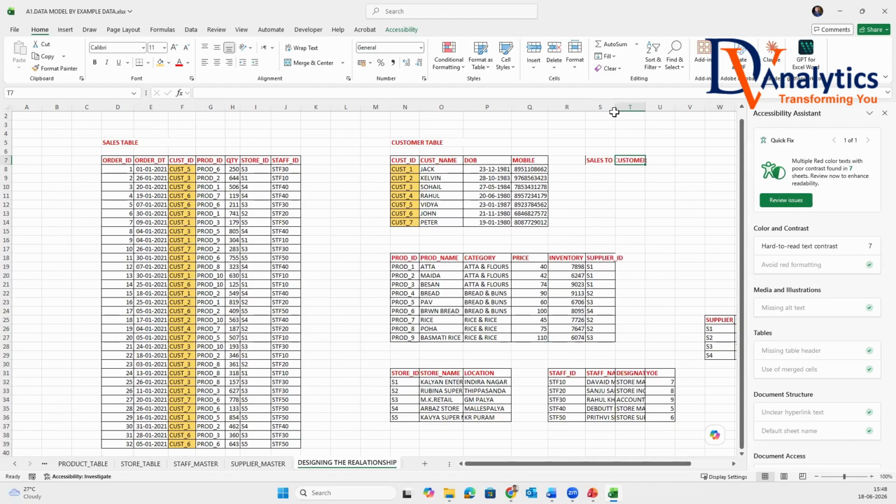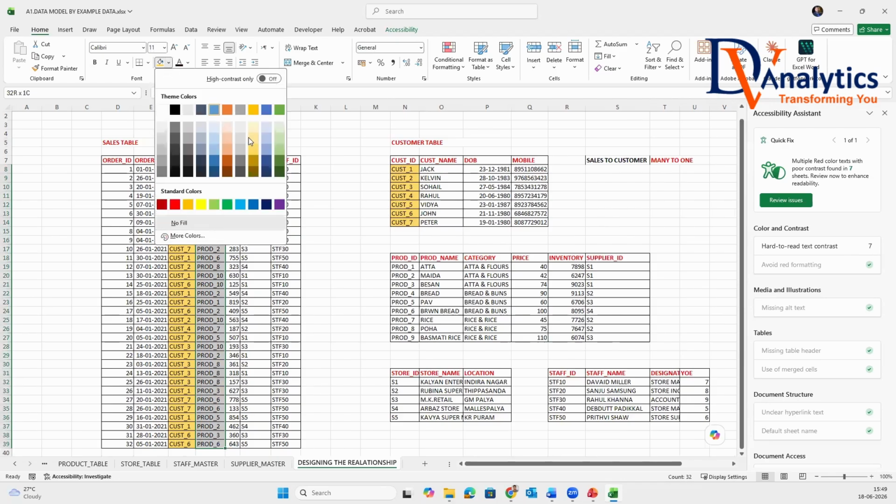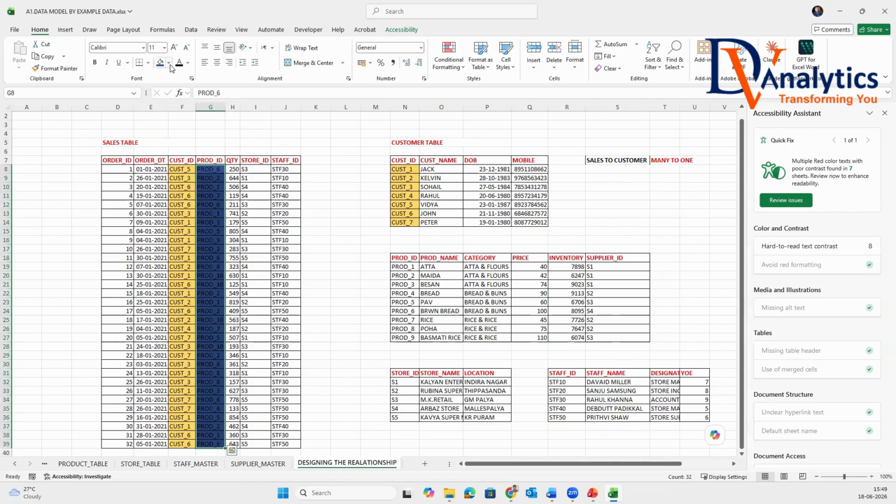Many to one. This is going to have what? Many to one relationship. Very good. Now tell me, guys, if you go from sales to product, how do you go for connecting this? Product ID. So I can consider this as product ID. So I can say sales to product